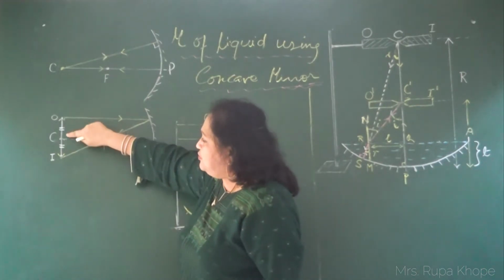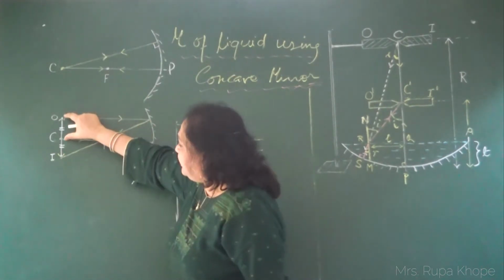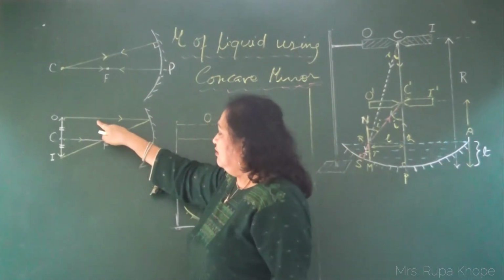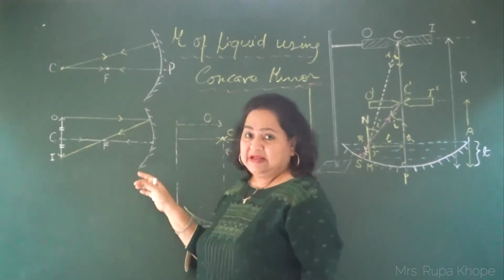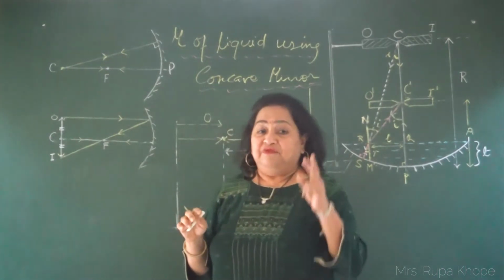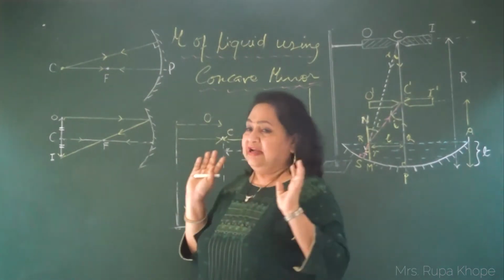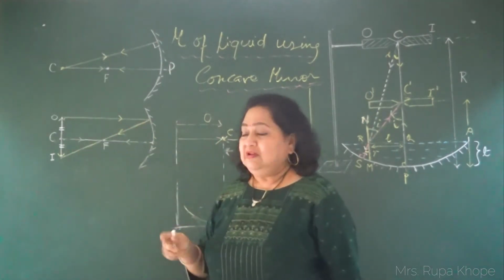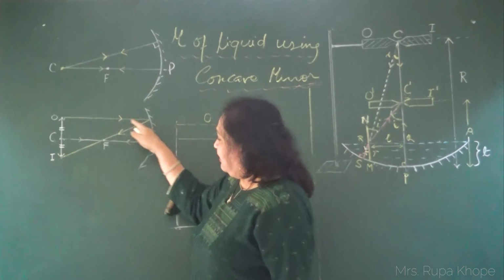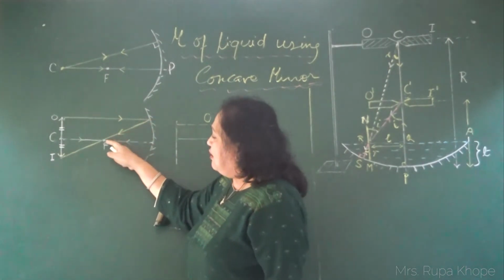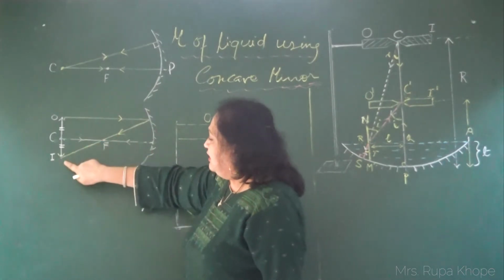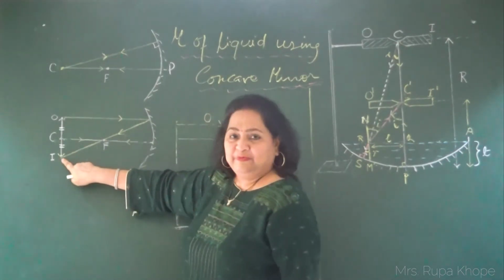Now look at the second diagram. It's an object needle. I have kept one object here with a certain height. The first ray I draw parallel to the principal axis. You all know that we require two rays to locate an image. The one ray I take is the parallel one. And what is the rule? Whichever ray falls parallel to the principal axis has to come out through the focus. So it's reflected through the focus, and we get one point.